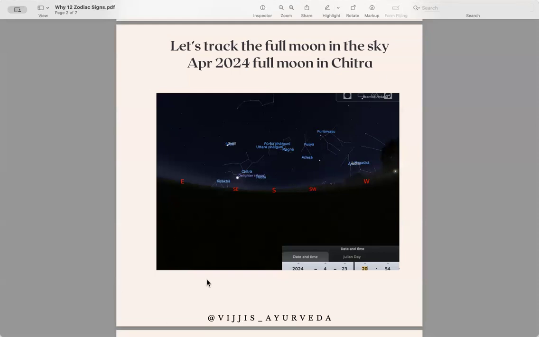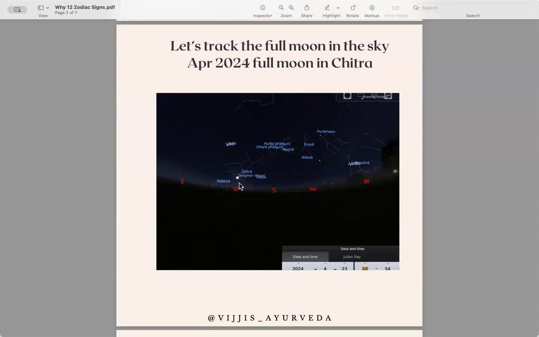The 360-degree zodiac space that you can observe while standing on the earth is divided into 27 parts, and each part is given a name. One of the parts is called Chitra Nakshatra. It's exactly equal parts. The sky is divided into equal parts so that you can track the celestial objects like planets